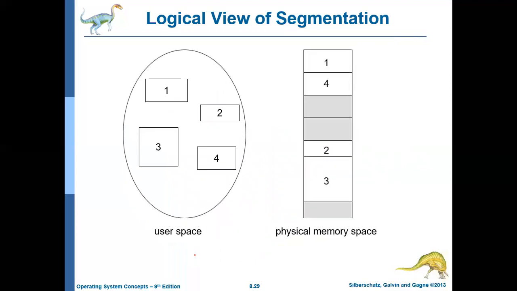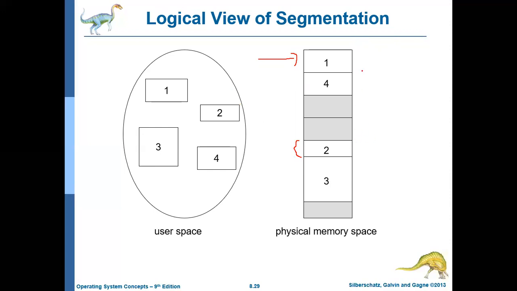But in reality, that is not the case. Whatever the user feels as segment 1 may be stored in one particular location of physical memory. Here, 1 means not one location, it may be stored in a sequence of locations. And whatever the programmer considered as segment 2 may be stored at some other consecutive location, starting from one address and ending at one particular address.